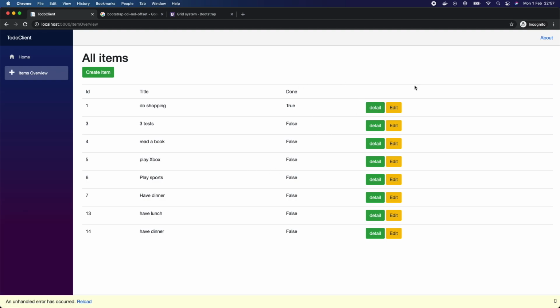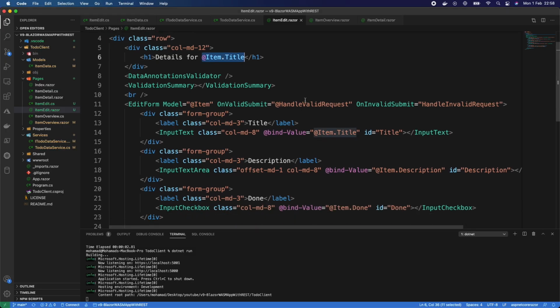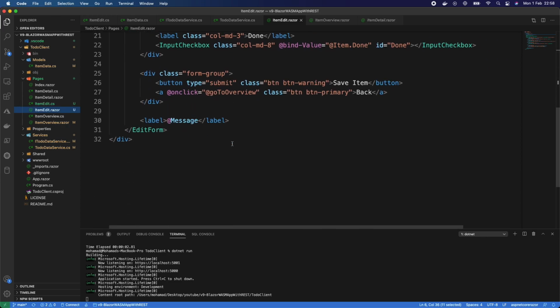So let's say, for example, if we go to the edit page and let's say I want to delete this one, 3 tests. Because I'm editing, I want to show a button here called delete, because I want to remove it. So how do I do that? Let's go back to our code, and within our item edit.razor, let us